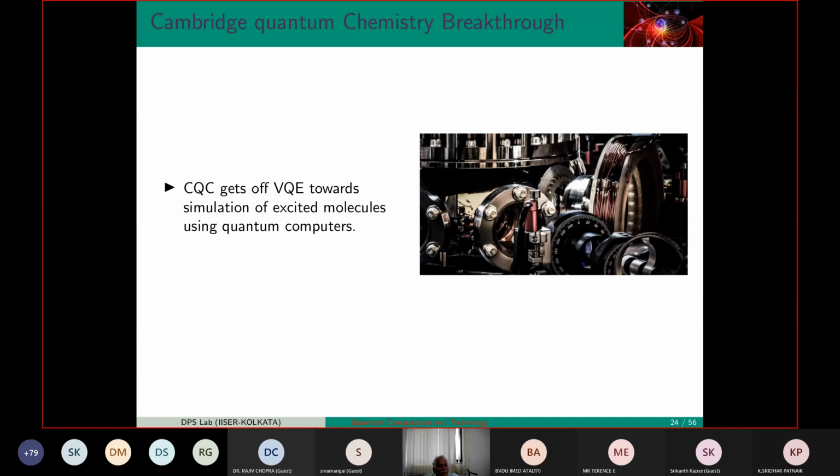IBM actually teaches; presently, they are teaching various programs. We have this workshop called Quantum Information Quantum Technology 2021, where over the last 5 days, 5 of their experts are coming and teaching. We are conducting tutorials on how to use the IBM quantum computer platform to carry out quantum computation. Some of you who are interested can check it out. Just go to QIQT, Quantum Information Quantum Technology 2021.org. All the program is there. You can log in. The program is also broadcast on YouTube, so you can see it. These are real machines.